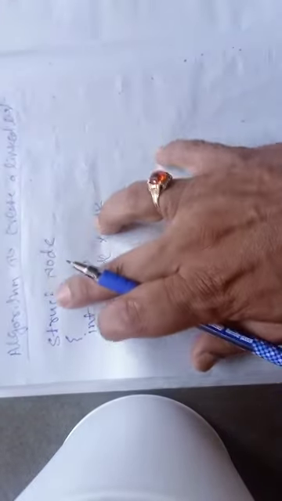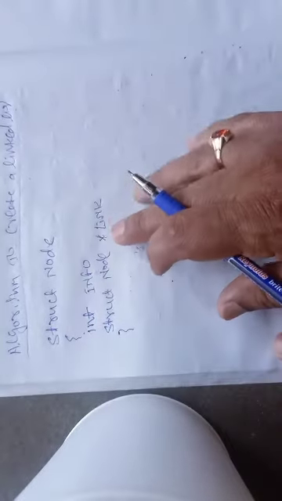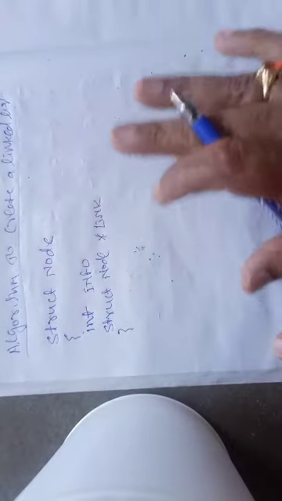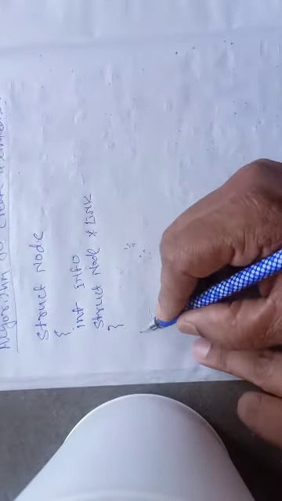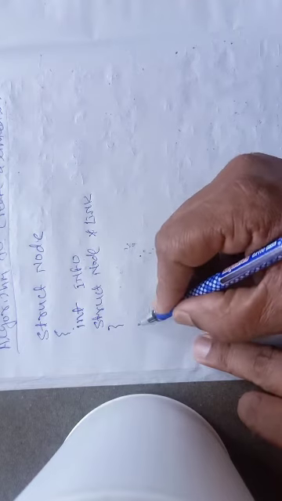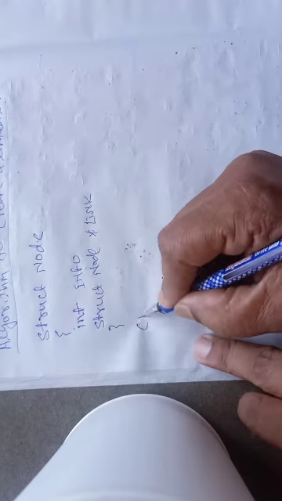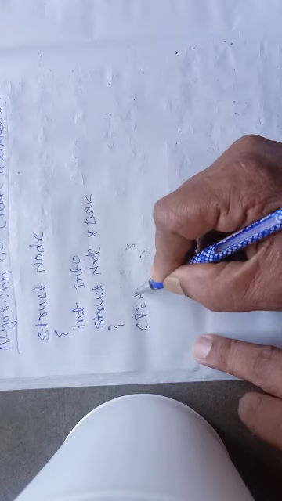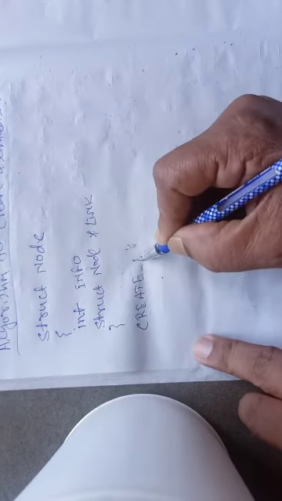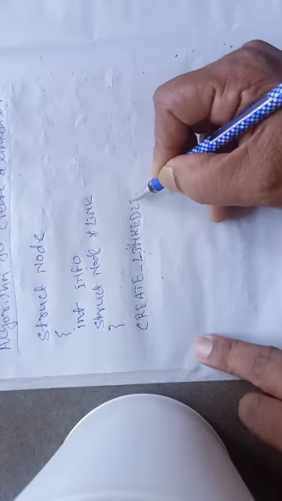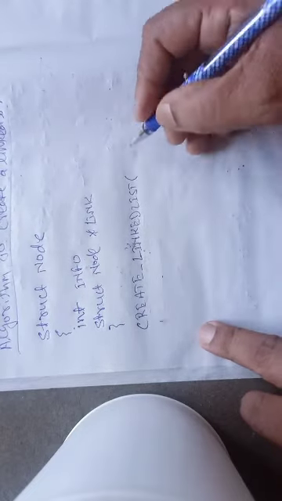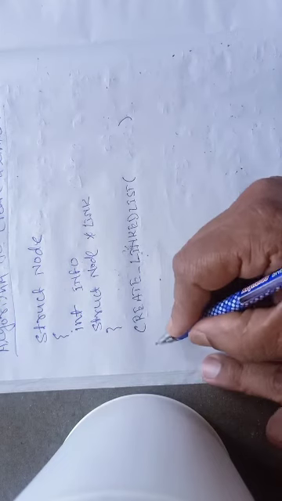But this is just a user defined data type, so no memory space is reserved yet, no linked list has been created yet. This is just a simple data type which defines the structure of a node. Now I'll write a function. Name of the function is create underscore linked list. Okay, so begin.